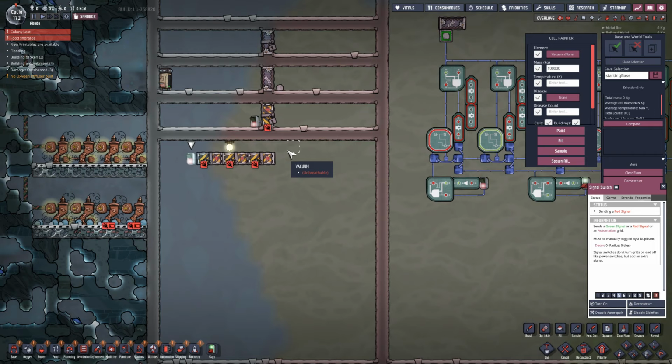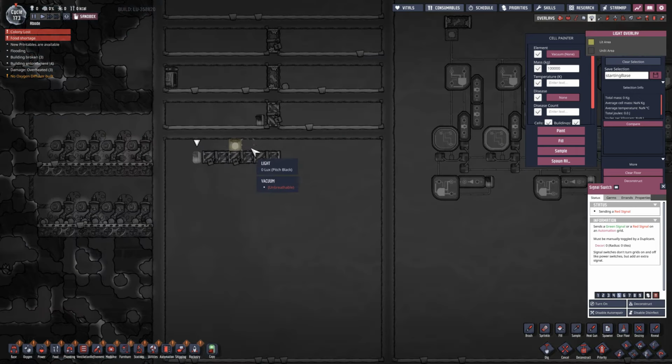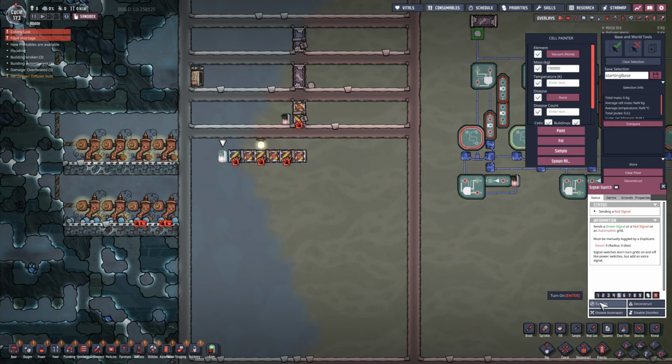Now that you know what states a door can take, and how to change the state of a door, I'd like to show you when the door actually undergoes the state change, and how long it takes for that state change to occur. So here I have a light trying to shine downwards, but being blocked by a series of 3 mechanized airlocks. If I turn on this signal switch, causing the mechanized airlocks to begin to open,